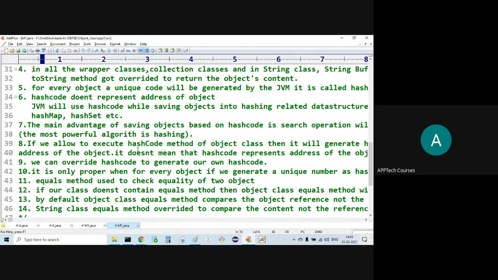The common methods required for all the classes are defined in the object class.